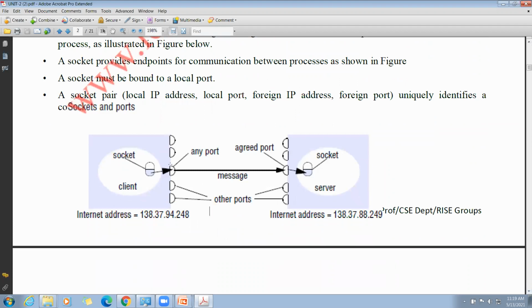If client and server machines need to communicate, they need sockets. The client has many ports, and one port is needed for communication. First we need to establish a socket, which is a combination of a port number and an IP address. This is the socket with which the client will interact with the server. The internet addresses are mentioned here.